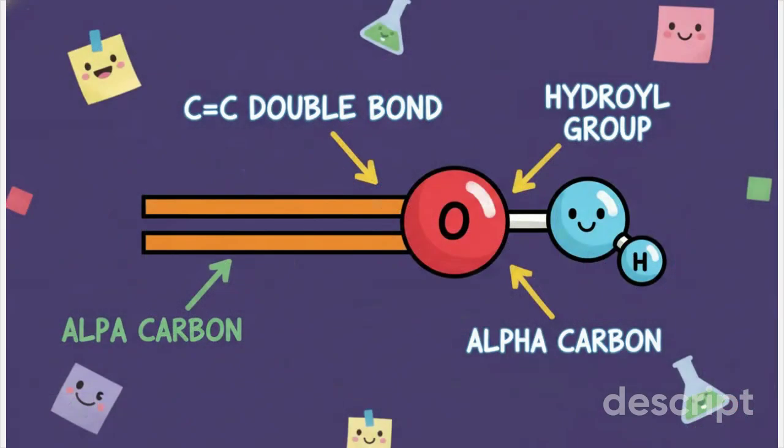Now, what is an enol? The name itself tells us it's a combination of ene and ol. An enol has a carbon-carbon double bond, the ene part, and a hydroxyl group, the ol part, attached to one of the double-bonded carbons. Essentially, the oxygen from the carbonyl now bears a hydrogen, and the double bond has shifted